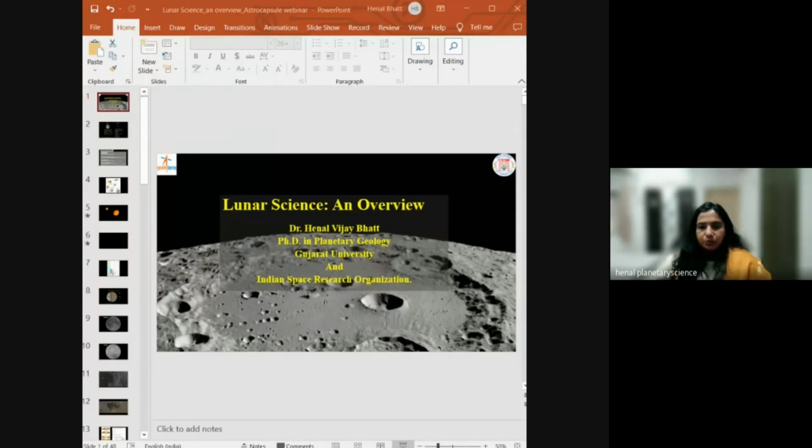So what is the difference between Earth and Moon? The major difference you can see is in the diameter. Earth has a 12,700 kilometer diameter, while Moon has a 3,476 kilometer diameter. Earth's axis is tilted at 23 degrees, while Moon is tilted only up to 7 degrees.